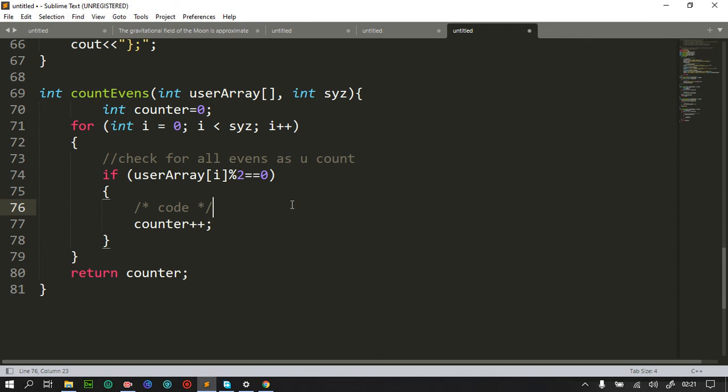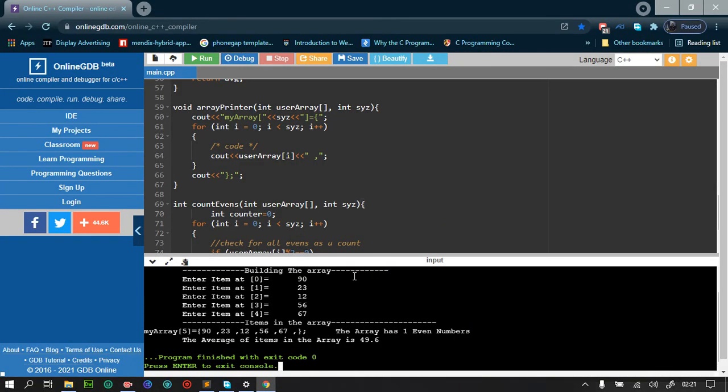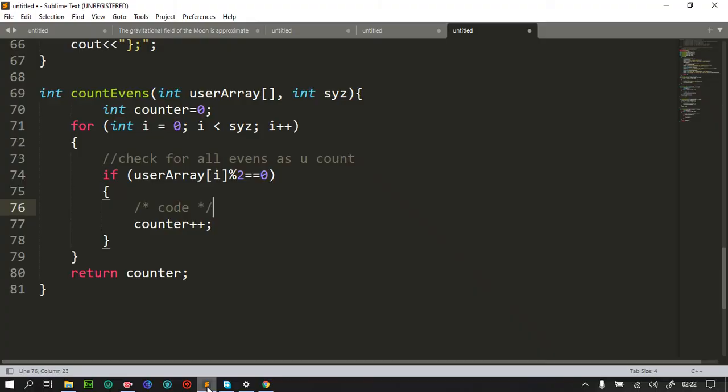Counter. Okay, let's try to run again and we see. Another thing is here, we need to put a new line here. The array has one even numbers. Before that, let's put that right